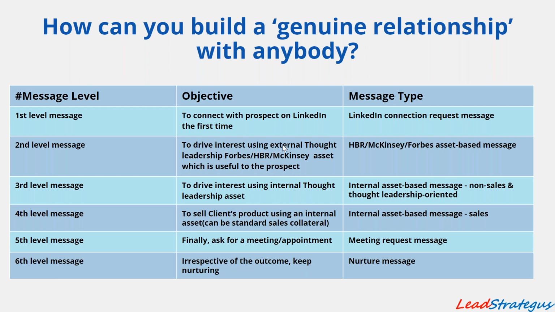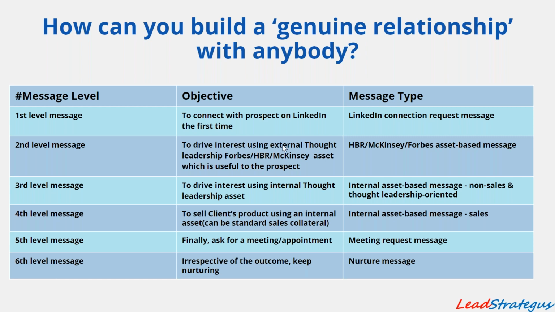The sixth level message is all about nurturing. Just like the physical world, we don't get a 100% positive response rate in the digital world. So you need to keep adding value, keep sending messages, keep sending collaterals, keep sending assets, keep sending content. Very rarely does a person say, just stop, don't disturb me. Until then, you just keep adding value, so that even in future, at a particular point of time, if the person feels that they need such a solution, they will have you in their mind, because you have projected yourself as a thought leader, as an always helping person. So this is the matrix that we follow, and it gives us a very good result in the India